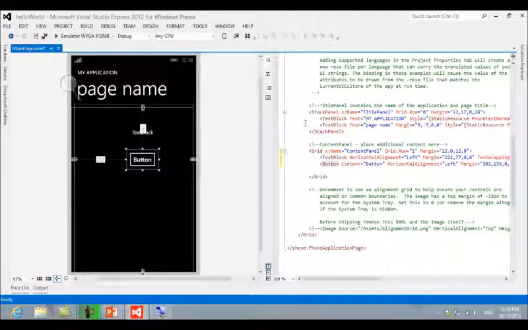But as per me, I'm more comfortable writing the control over here in the XAML, and then it reflects in your layout page. We'll see that in the coming sessions when you are more aware of how this system works. For now, we'll keep it simple, dragging and dropping controls onto the screen.